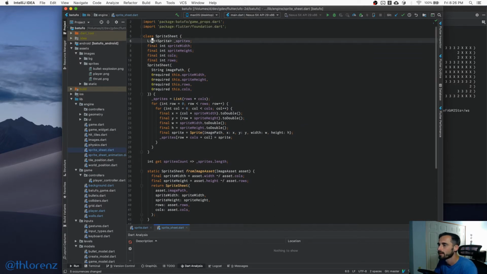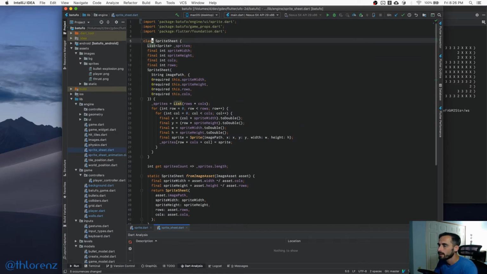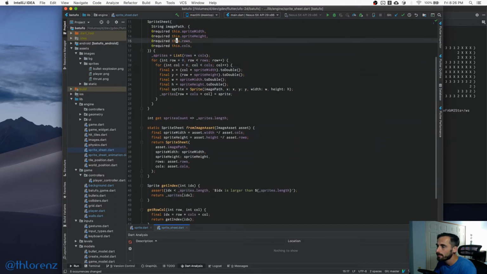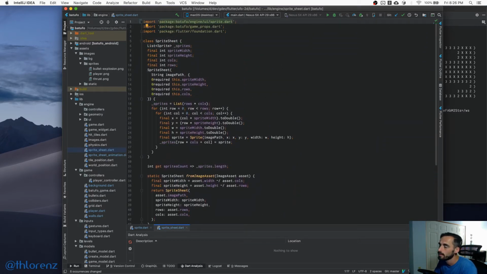Now what happens here? We are getting a list of sprites, right? And then basically what we're doing is, actually we're creating that list of sprites. So basically we're getting an image, right? And we're creating a bunch of sprites. And then we basically are able to index into the sprites. There's no update method here. Clearly,